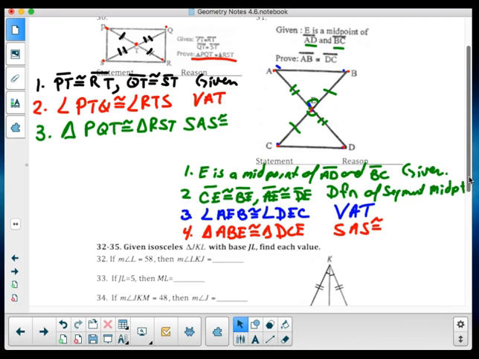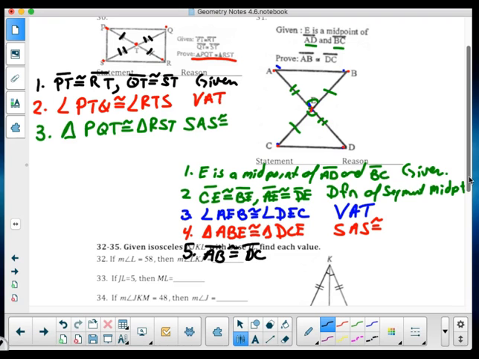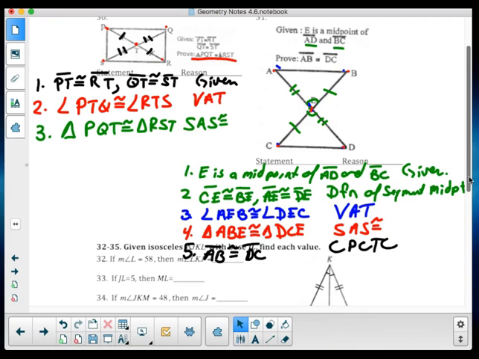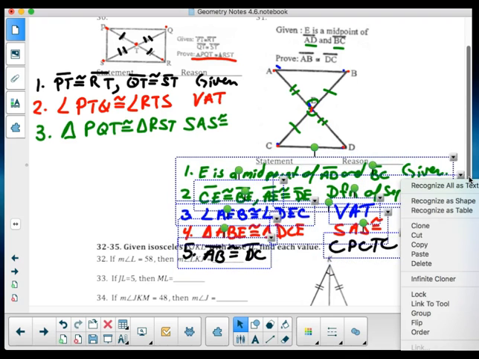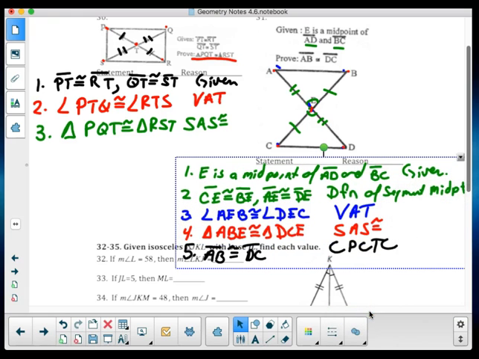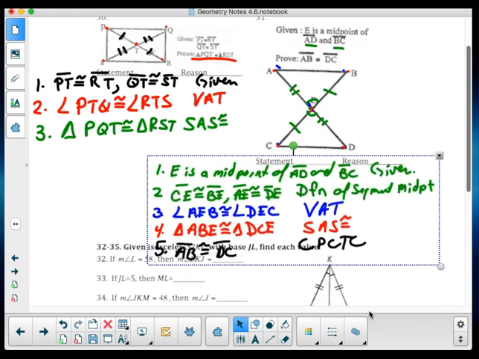And now my last step, as forecasted, step 5, I know that segment AB is congruent to segment DC because the corresponding parts of congruent triangles are congruent. And that is the 4th of the proofs that were provided in our review